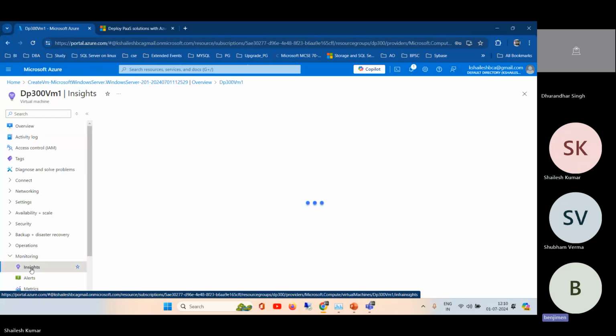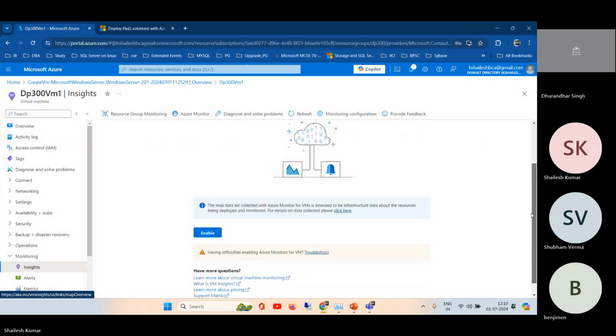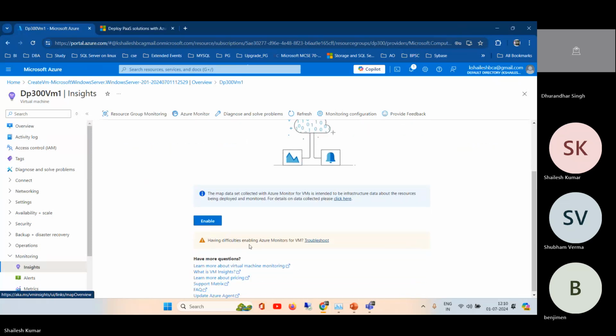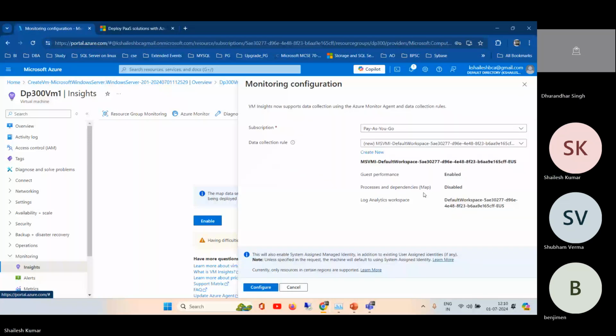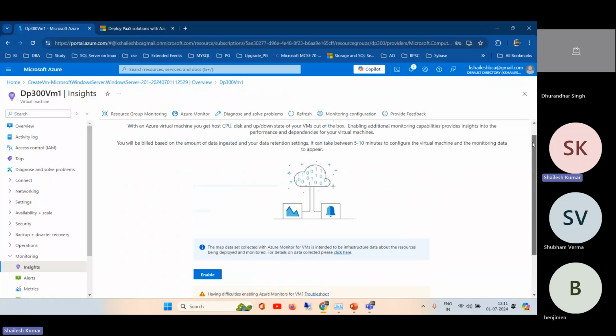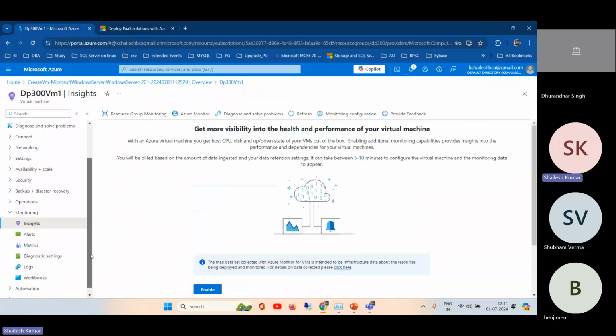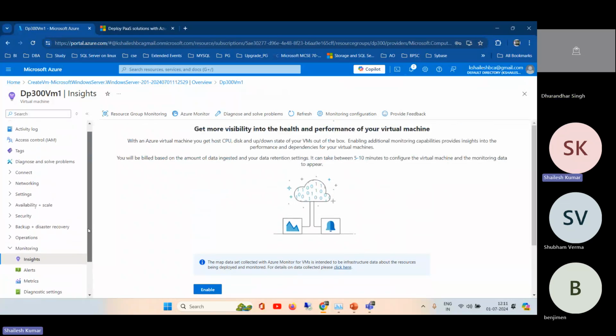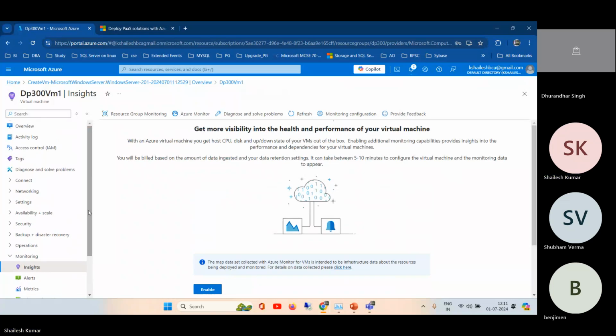Inside here, it collects data, resource monitoring and all, so that is part of monitoring we need to see. Automation is not required here.